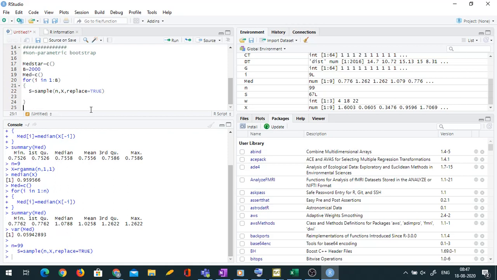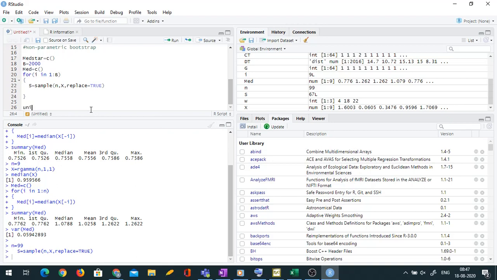Let me see here. I want to check if some of the values are repeated in S. How can I do that? Correct.